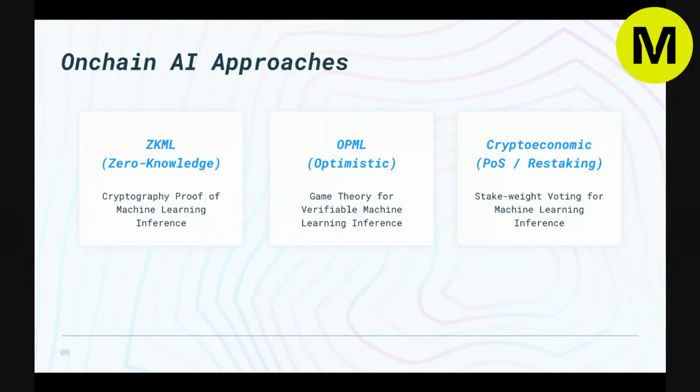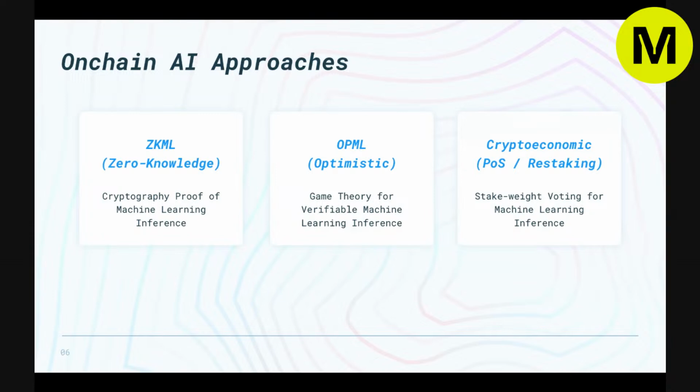And for ZKML, we will also talk about some of its blockers, because when you think about ZK, you actually think about something similar to model training, because it takes a lot of compute power. You need a very beefy server to actually generate those proofs. So it is not decentralized enough, or not having the best performance for the scenarios that we are going to talk about in the later slides.